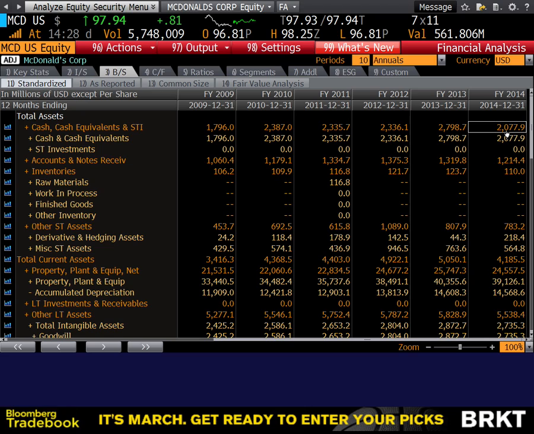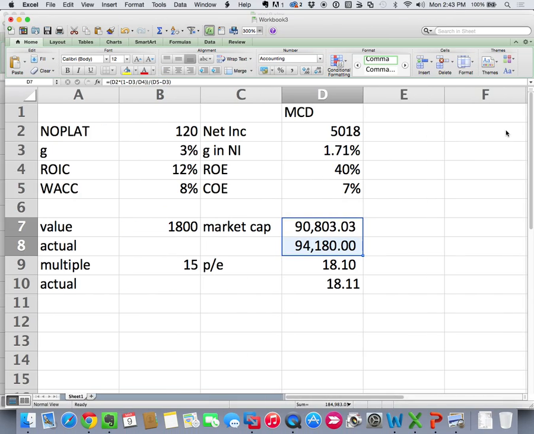So what we often do is we assume that they don't, right? What I could have done is taken McDonald's market cap and subtracted the $3 billion worth of cash, and then I would have gotten pretty close to the operating value of McDonald's. Because that's the point. What am I buying when I buy the stock? I'm buying $3 billion worth of cash plus their operating value. Okay? Now, that's the PE multiple.